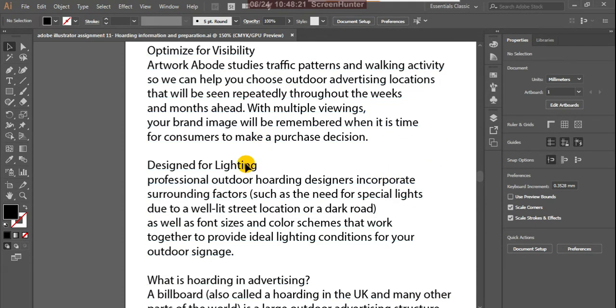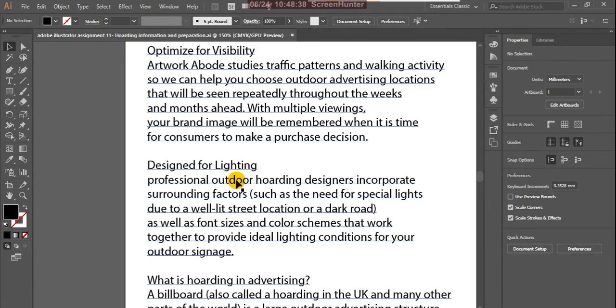This is very important when you're establishing one huge hoarding in a particular area, one corner of the road or the street junction. You have to keep this in mind.